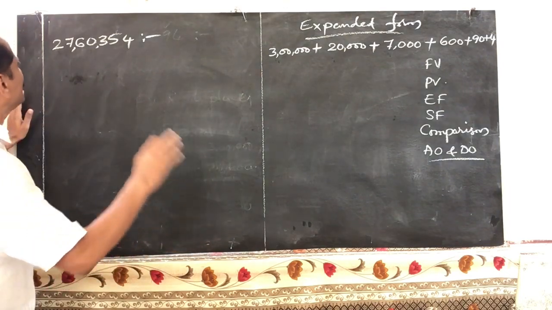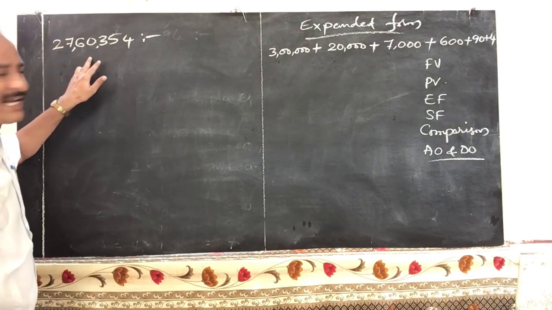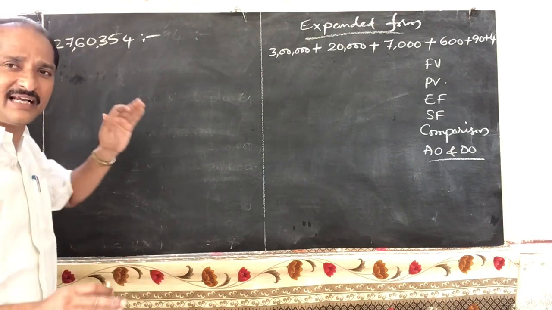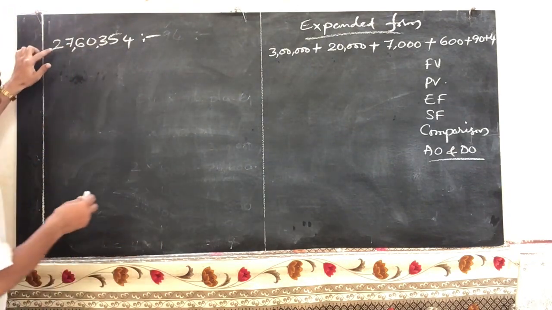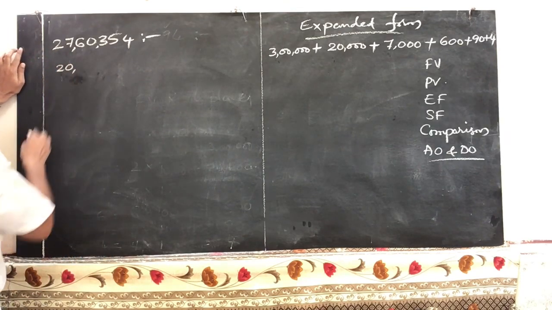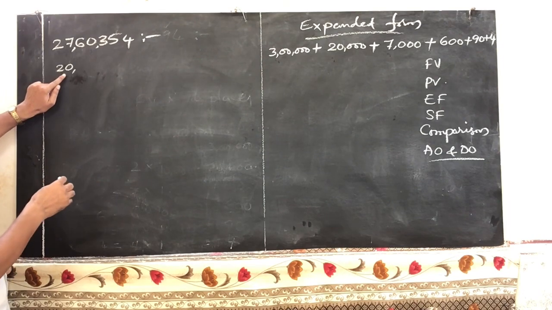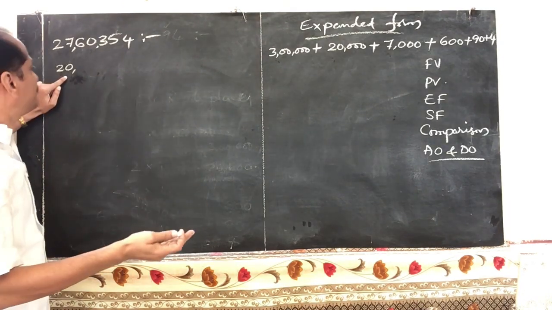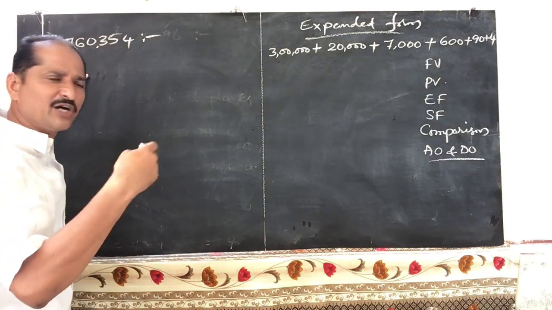20 lakh. 2 into 10 lakhs plus 7 into 1 lakh plus 6 into 10,000, like that, no need to write. Now again we are writing, what we are writing? Directly we are writing the answer. Now 2 into 10 lakhs, that is equal to 20 lakhs. 20. Next lower the lakhs period. See how we are placing the periods immediately. Lakhs period, next lower the lakhs period, thousands period, next lower than thousands period, units period. Like that you have to place zeros.